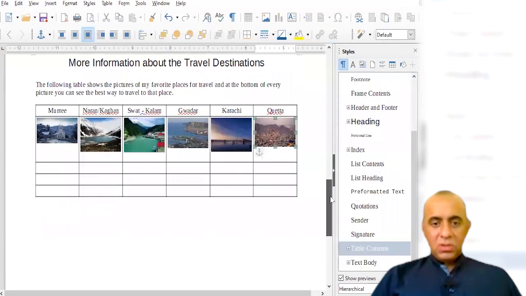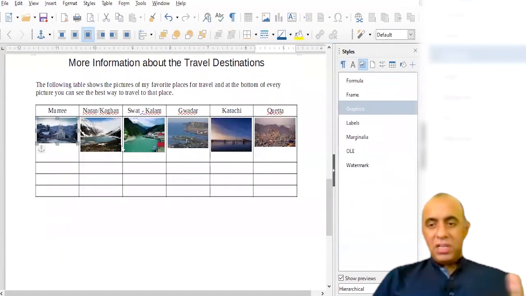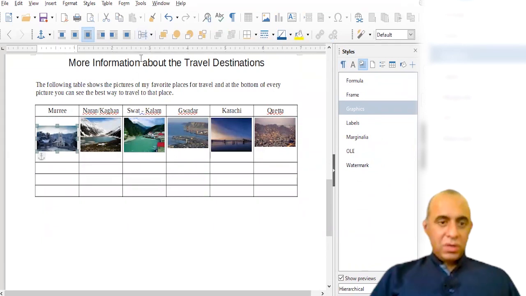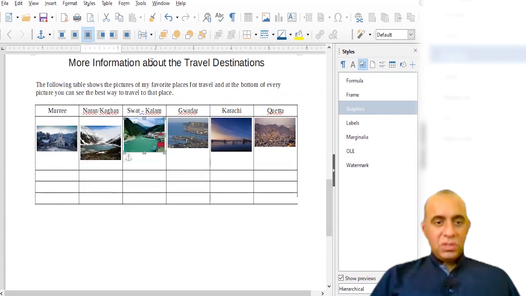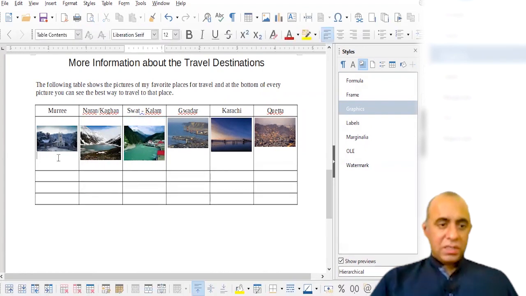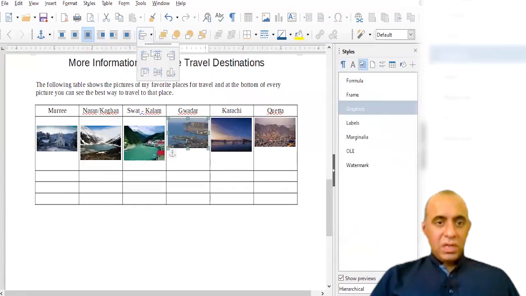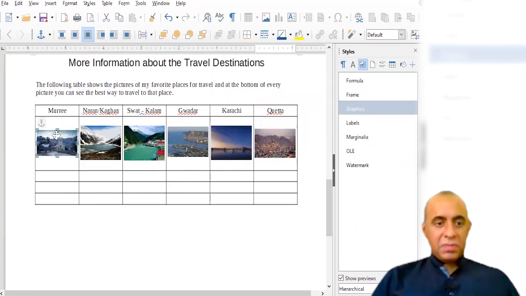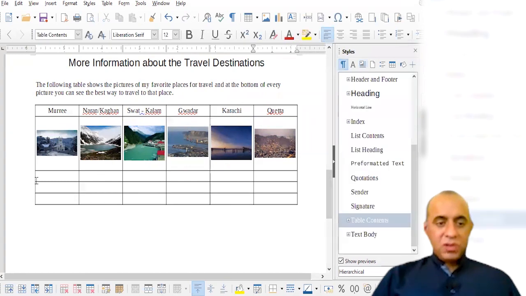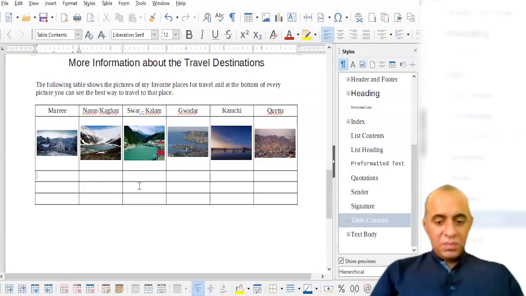So now I can actually vertically align them as well. So here you go, here you can see the option of vertical alignment, right? So you select each image and you can use the vertical alignment option like this, and it will try to vertically align, right? So you can manually align the images like these. So I'm going to type the names of the provinces over here.